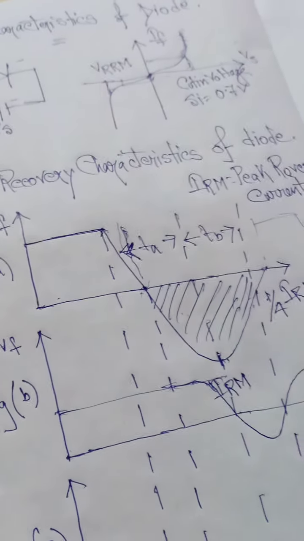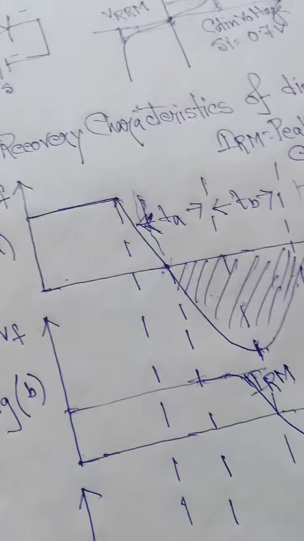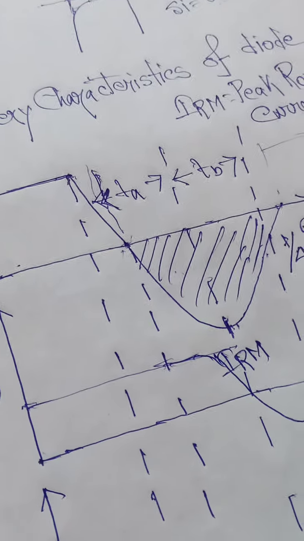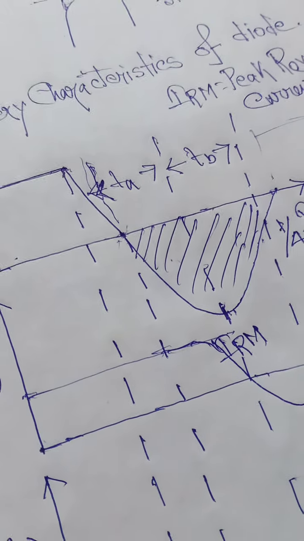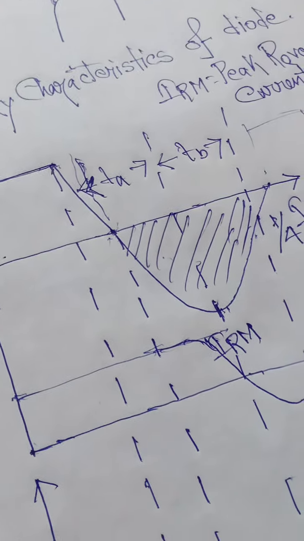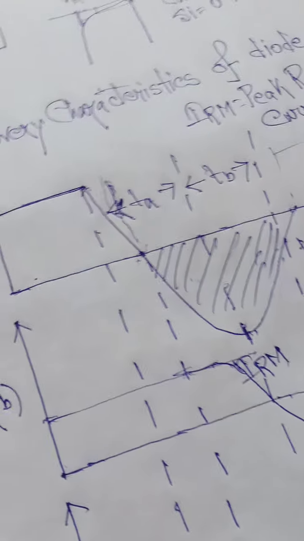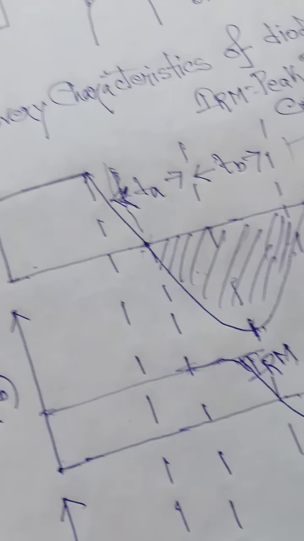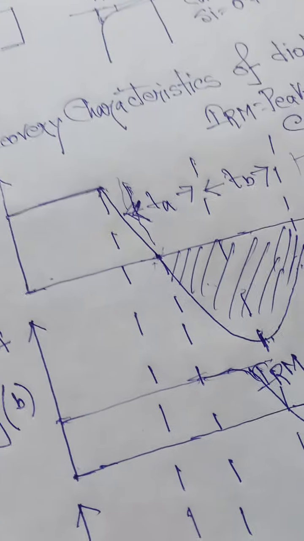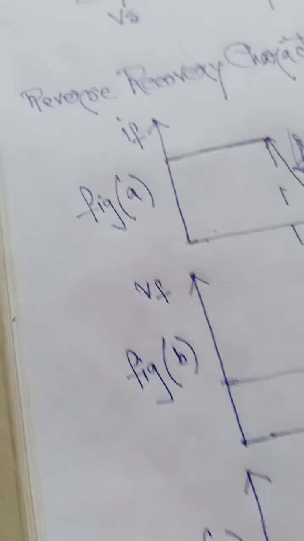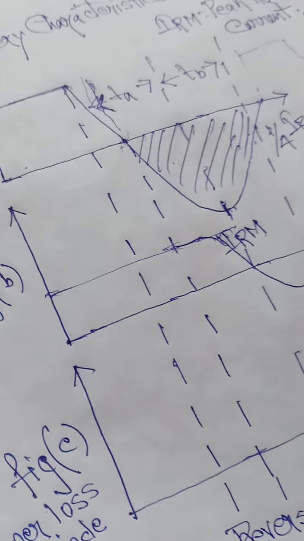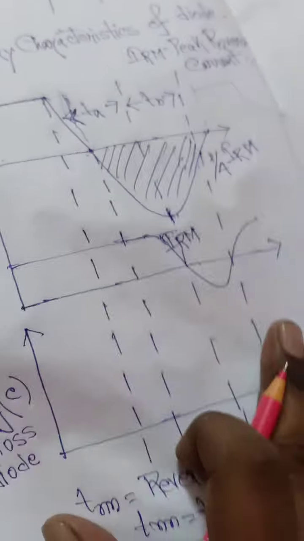So that is the reverse recovery of the diode. When the storage charges in the depletion region and the semiconductor layer are removed, at that moment the diode will be turned on again. Understand? So that is the reverse recovery characteristic of the diode. Another case, I will tell you, TRR you can say as TA plus TB, right? So what will happen here?